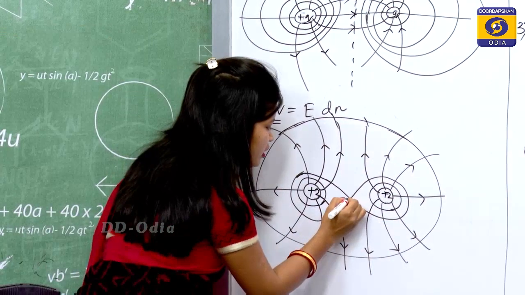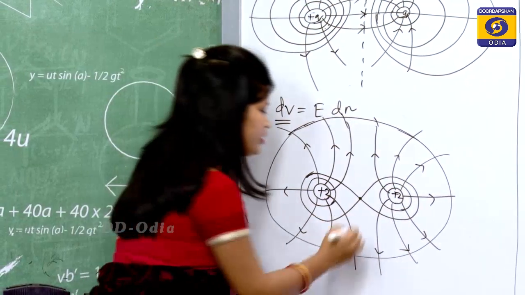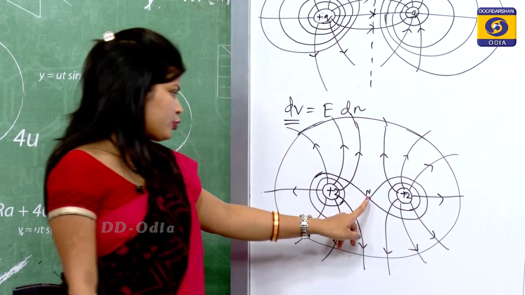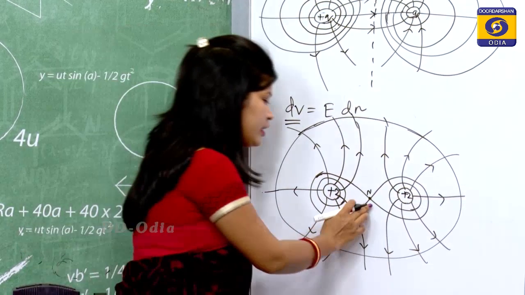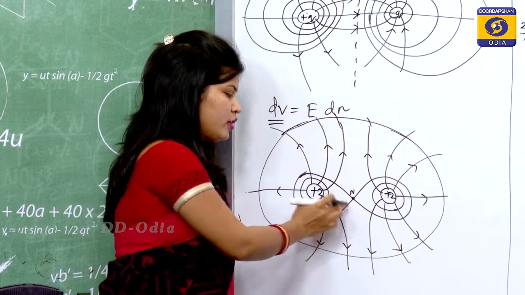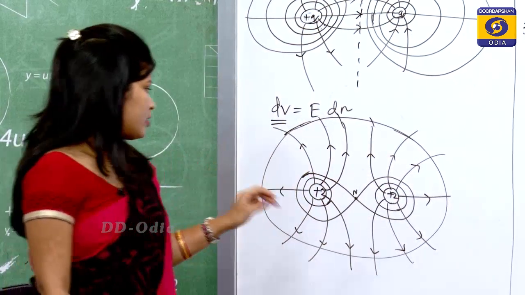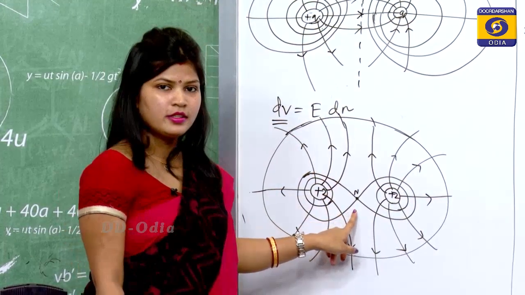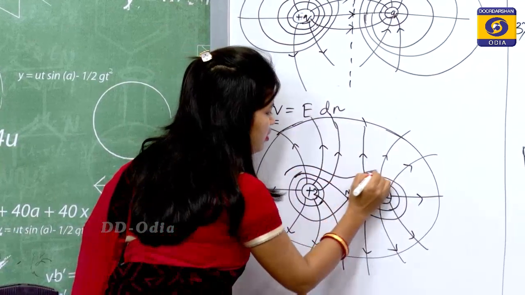See, what is this point in the middle of the two charges? You know, this point is called the neutral point. We know very well this is the neutral point where the electric field is 0. Yes, here the electric field is 0, but what is the potential? Is potential 0 here? No, only electric field is 0, but potential here is positive. That means I have to do work here, but I do not feel any force because electric field is 0.